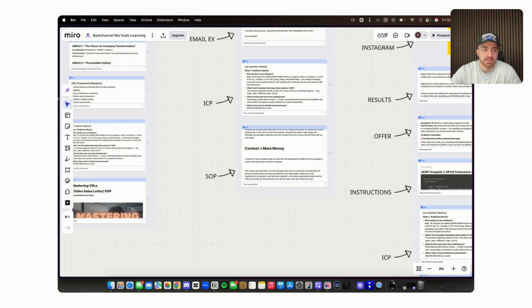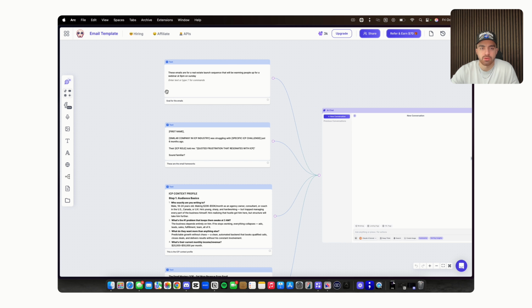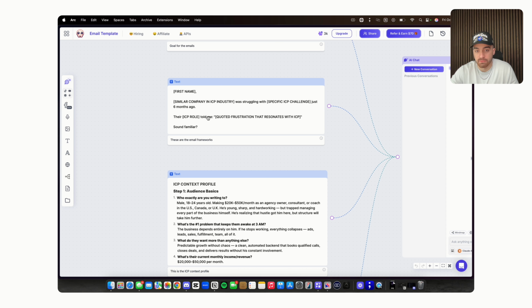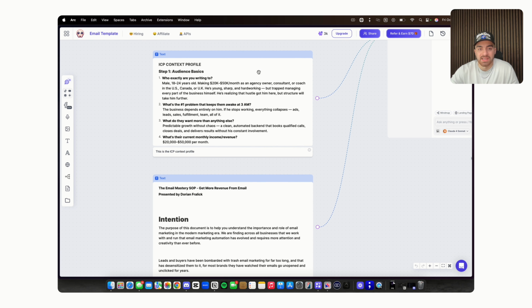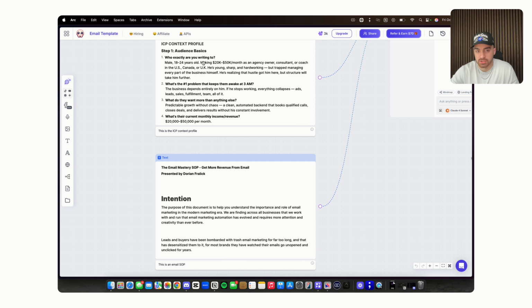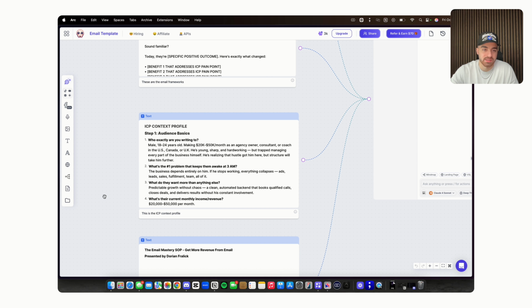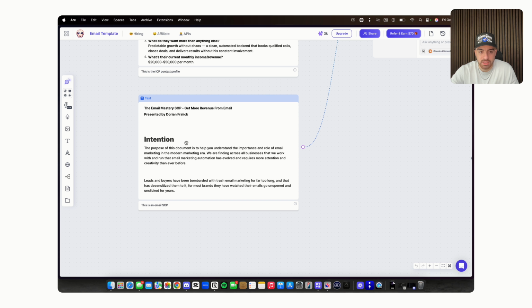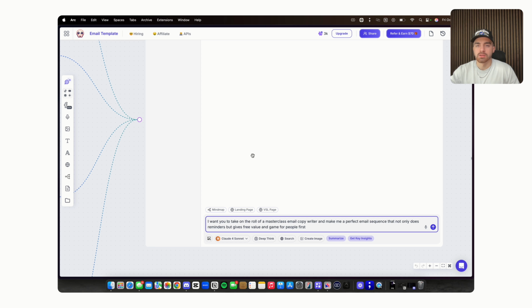So that being said, let's move over into Poppy. Here we are in the email template. Again, you give it a goal for your emails, then you give it the framework. So these are the frameworks. I'm not going to go through all of those, but you give it the ICP context. I might confuse it here because I'm giving it one thing and it's going to tell the ICPs in next, so I'm not sure what the output's going to be for this. And then as well, an email SOP, the entire SOP on how to create the perfect email. So this is the prompt.